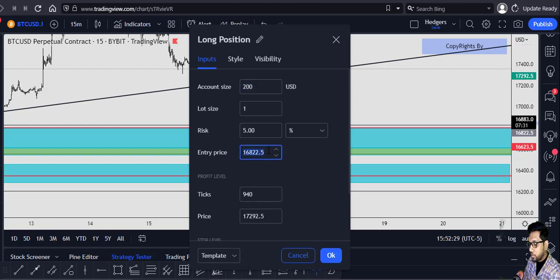So the entry point is 16,850, target 17,300,